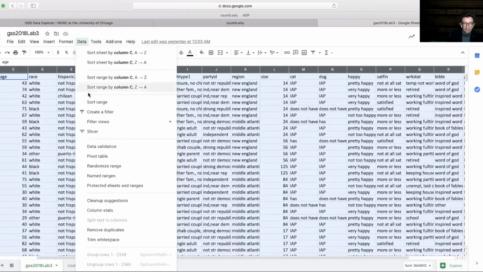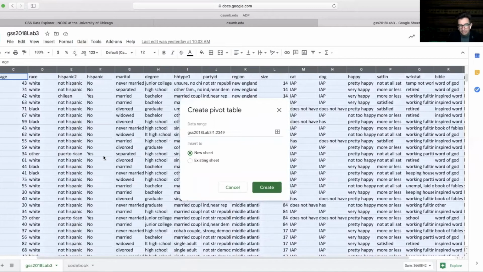and then pivot table. And pivot table is the command or the analysis tool that we're going to be using a lot during this semester. It is one of the most powerful tools in Google Sheets or Excel. So if we click on there, it's going to ask us, first of all, what's the data range? And it's coming from this worksheet, and it goes from the first cell to